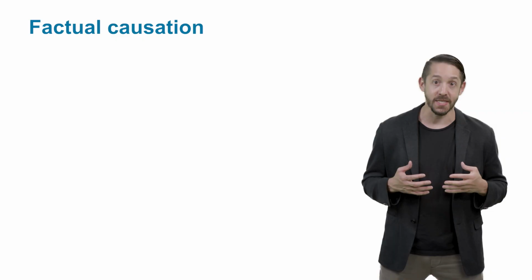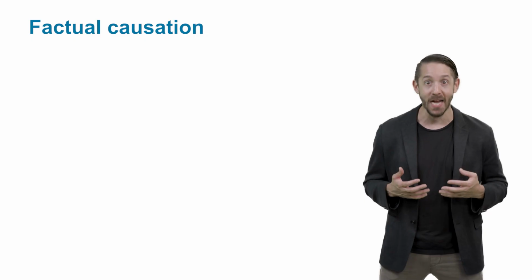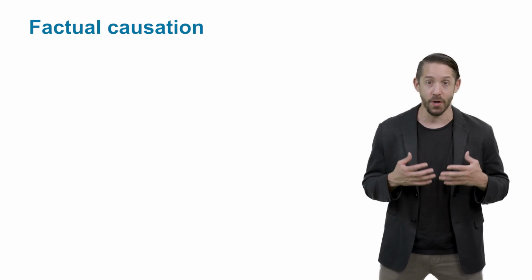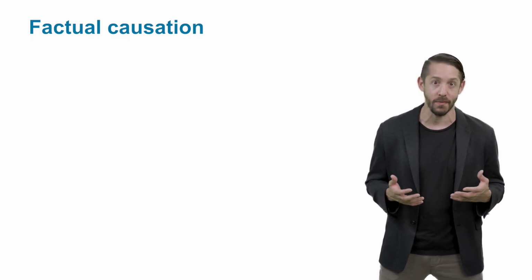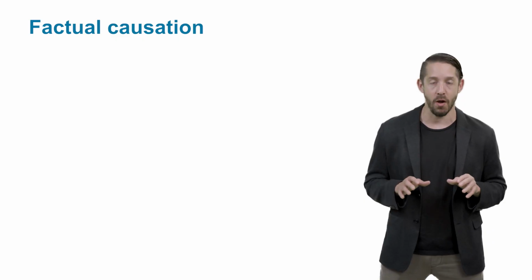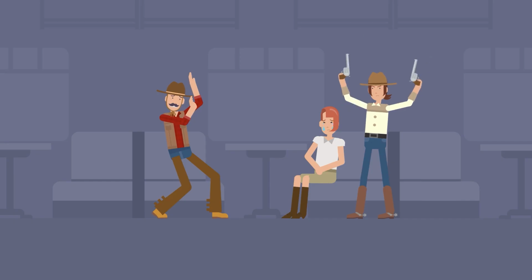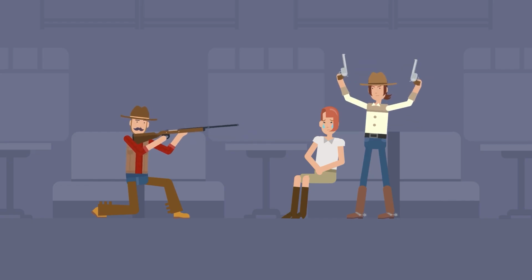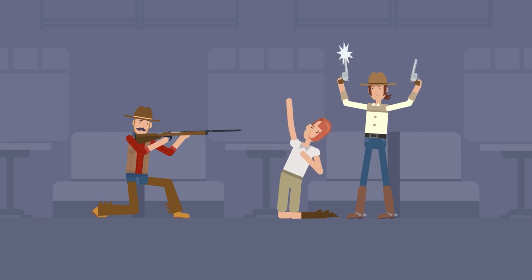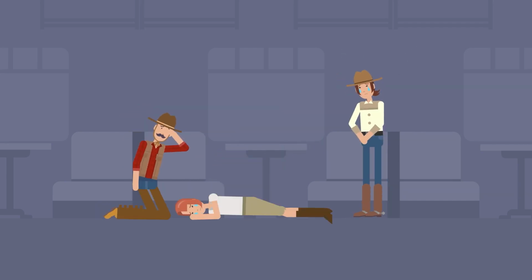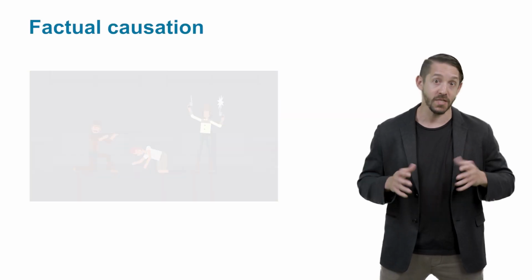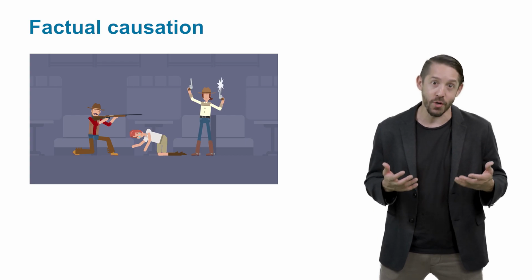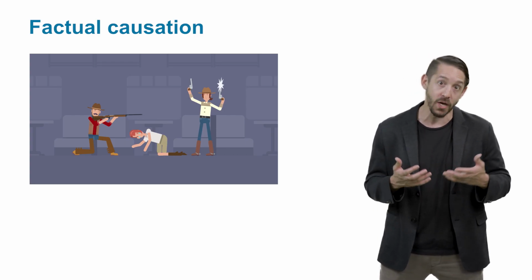The factual causation analysis is easiest where the causal chain between the act and result is direct, as we saw in the first illustration. However, even when other forces intervene, factual causation is still easy to meet, or at least it can be. Consider the following scenario. Dina initiates a gun battle with Xavier. Xavier then returns fire in self-defense, but mistakenly hits a nearby bystander, Victoria. Under these circumstances, Dina is still a factual cause of Victoria's death, notwithstanding Xavier's intervening act. But why? Well, simply put, but for Dina initiating a gun battle, Xavier wouldn't have returned defensive fire, and therefore Victoria wouldn't have died when she did.